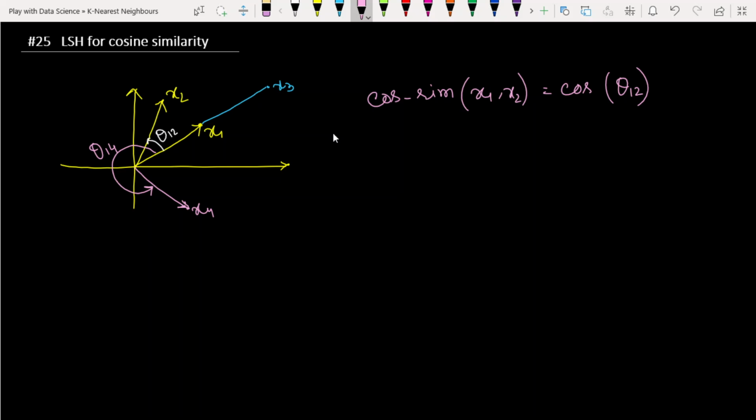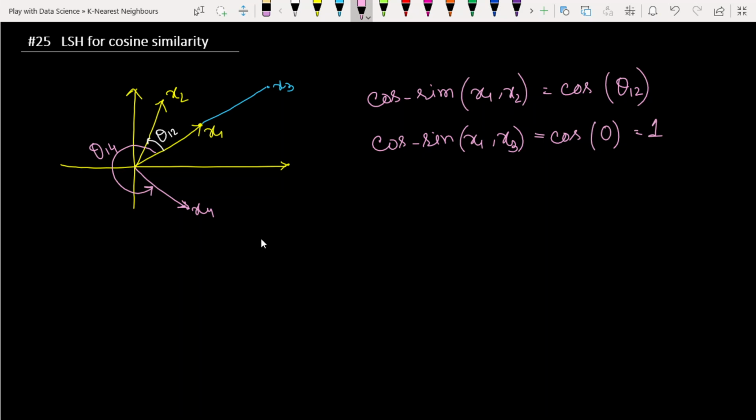And the cosine similarity of x1 and x3 is what? In terms of angular distance, they appear at the same angle, so the angle is 0, and cos 0